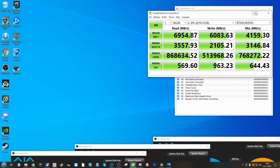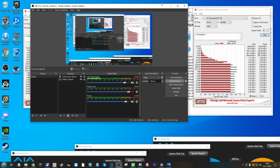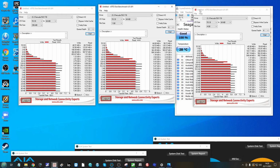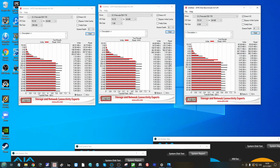So if we come out of that one, we'll make our way into ATTO Disk Benchmark, bring that up. Once again, we are using OBS screen recording in the background, so if you see any blips while we're transitioning between windows, that's why. And again, these are pretty much what I would have liked to have seen from this SSD. Unlike the previous test that took advantage of CrystalDisk predominantly, which is less realistic as a result,